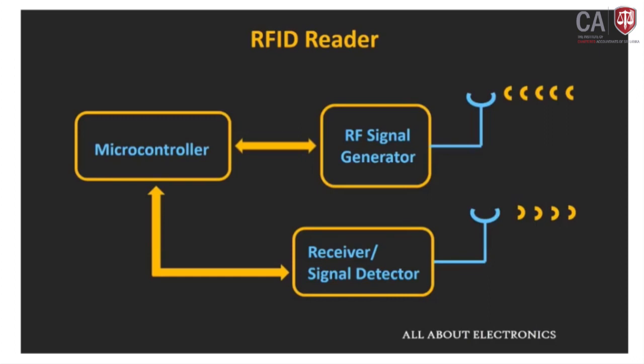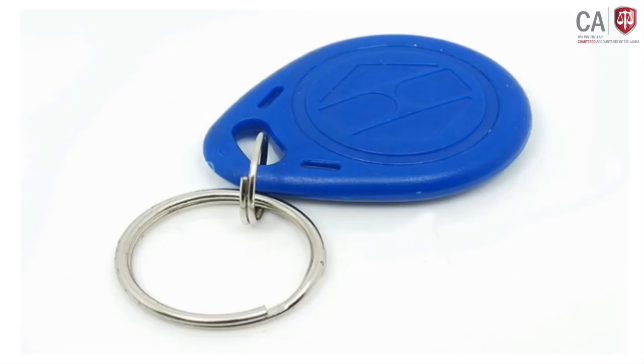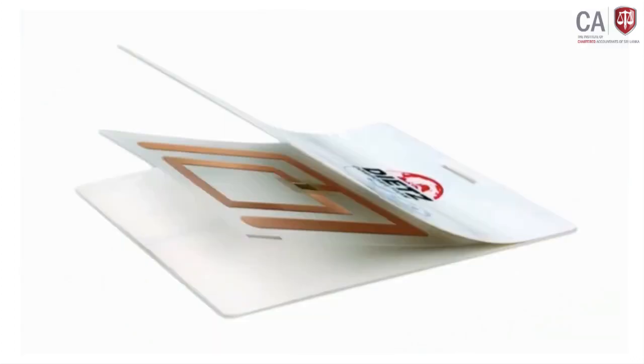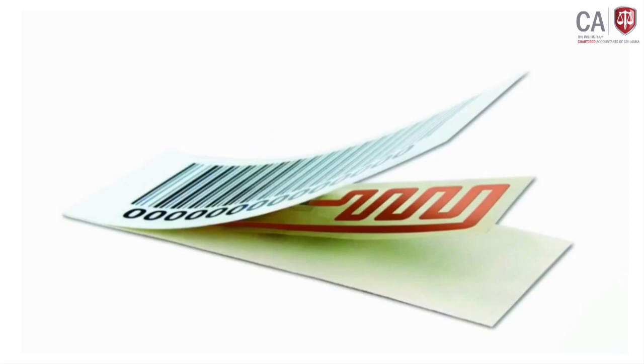So now let us see about the RFID tag. Most of the tags being used today are passive tags, because these passive tags are quite cheaper compared to the active tags, and as they do not require any power source, they are quite compact. These passive tags also come in many forms. A passive tag could be the size of a keychain, or the size of a credit card, or maybe in the form of a label.